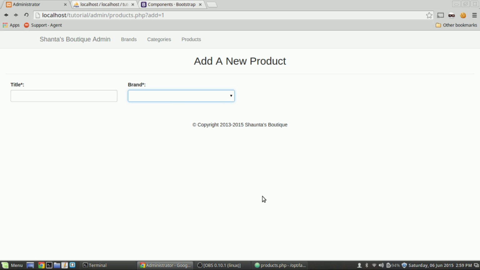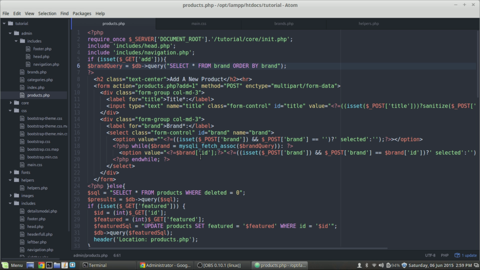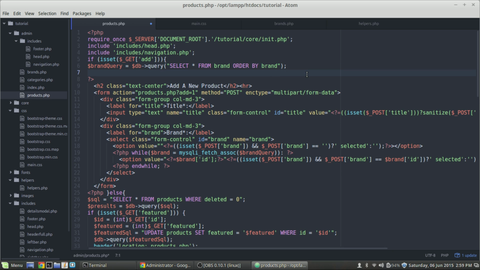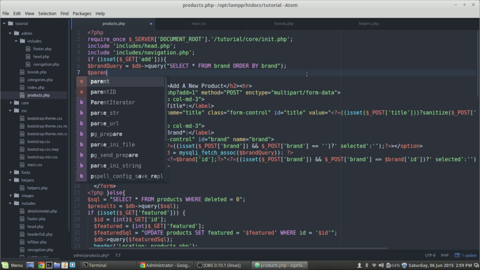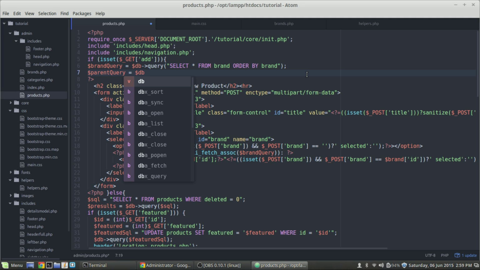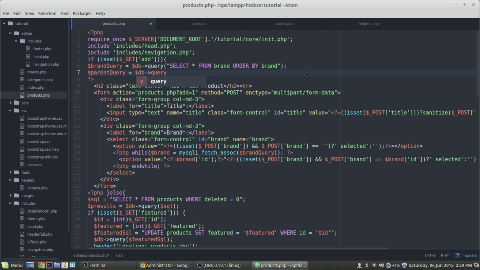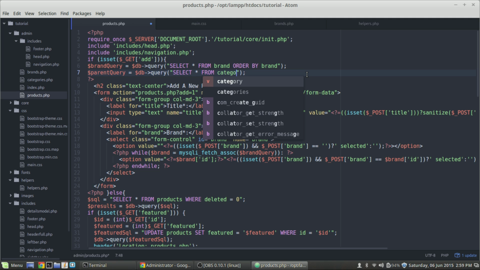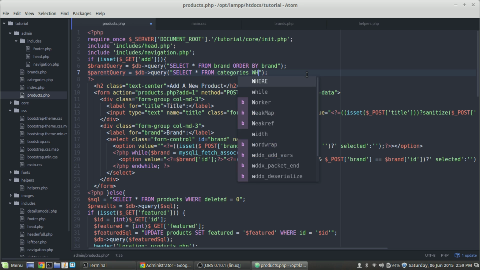The next one's going to be a lot like this one for parent. The child category is going to be a little more complex. We're going to have to write a little bit of JavaScript to get that to work. So let's go ahead here and inside of our PHP tags, let's pretty much do the same thing we did with the brand, but now what we're going to do is select all from categories where